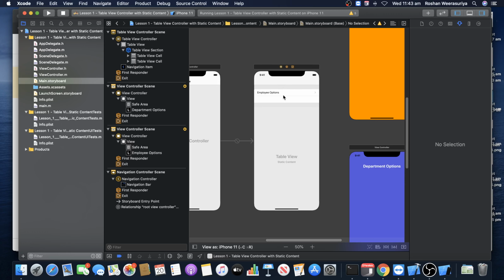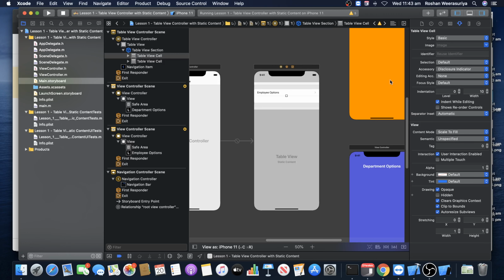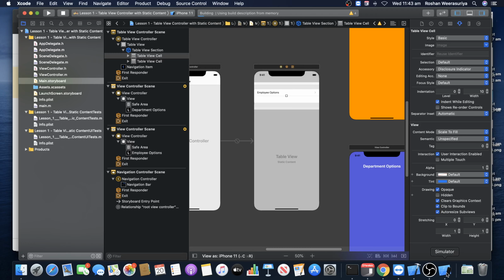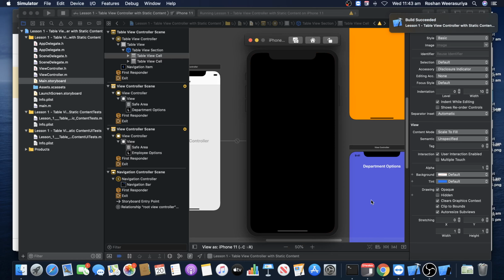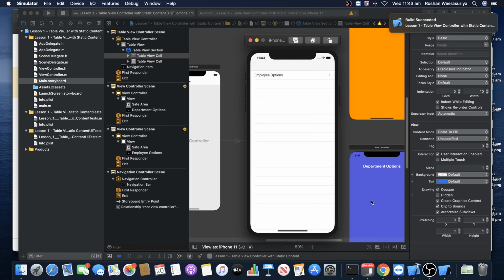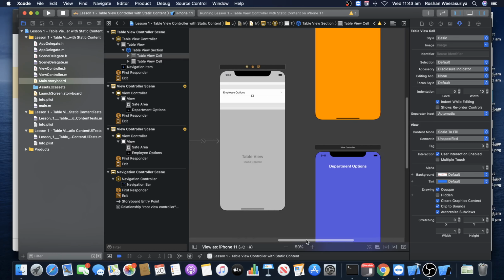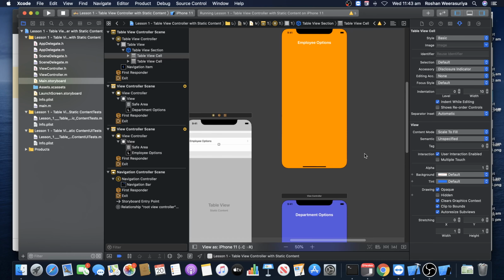So then my next thing is, when I click on the table view cell, I have done the basic. So now when I run this, let's try and see. I should now see a menu or set of choices. See, I can click it, but when I click, nothing happens. So I have to look at our previous lessons on multiple screens and